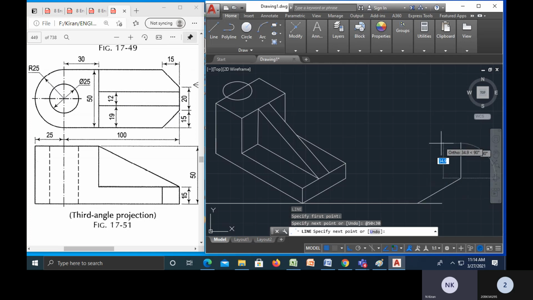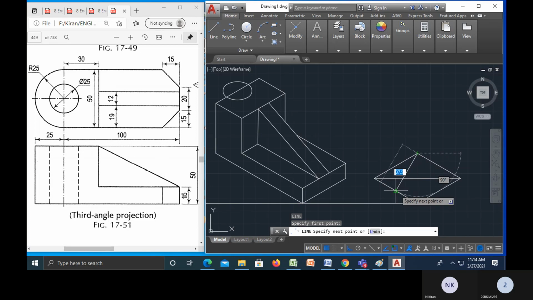Okay, and again shift at the rate 50 mm and angle 150, and shift at the rate 50 mm angle 210, and C enter. Okay, I'll join the highest diagonal so as to mention the midpoint. Escape. Now again L enter. From this I will join this midpoint and L enter. From this point I will join opposite midpoint.